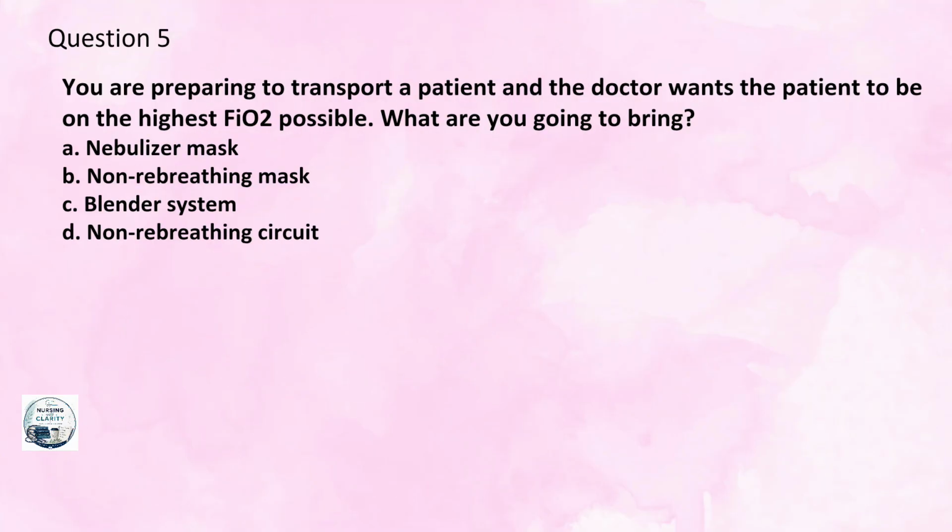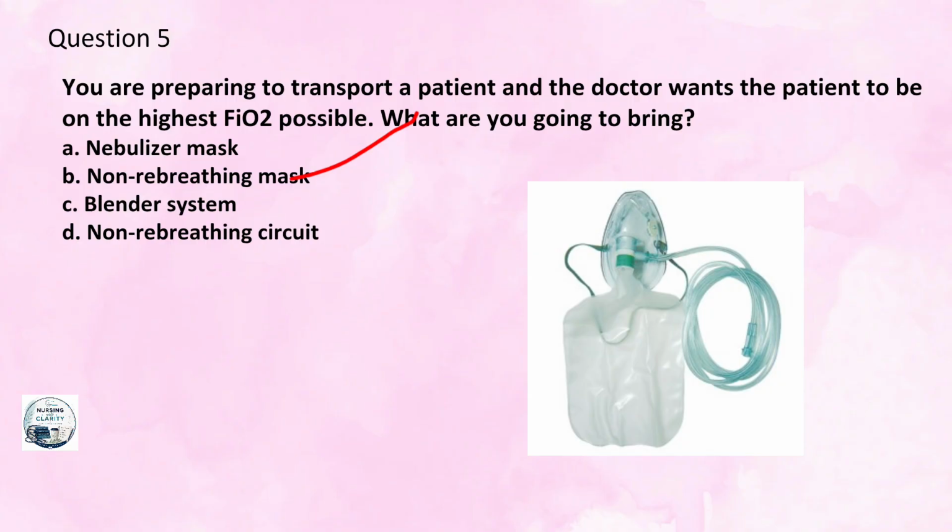You are preparing to transport a patient and the doctor wants the patient to be on the highest FiO2 possible. What are you going to bring? Option A, the nebulizer mask. Option B, non-rebreathing mask. Option C, blender system. Option D, non-rebreathing circuit. Answer is non-rebreathing mask, which is the highest FiO2 oxygen delivery device commonly used for a spontaneously breathing patient during